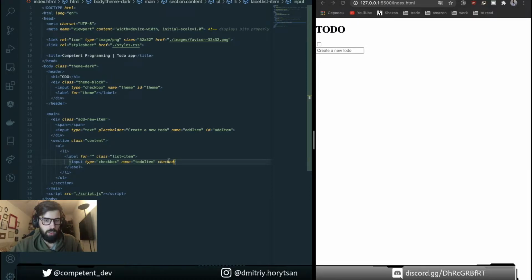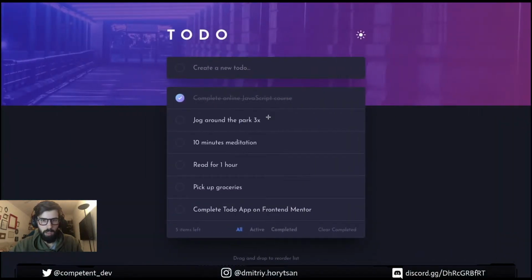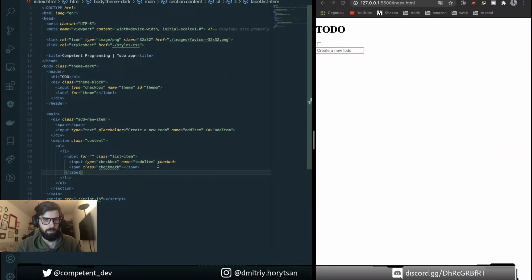Then because we need a custom checkbox, for this we're gonna use here span, and it will have class checkmark. And also we need span class text, so we can have the styles once our to-do item is completed, we can add style text decoration line through for our text.